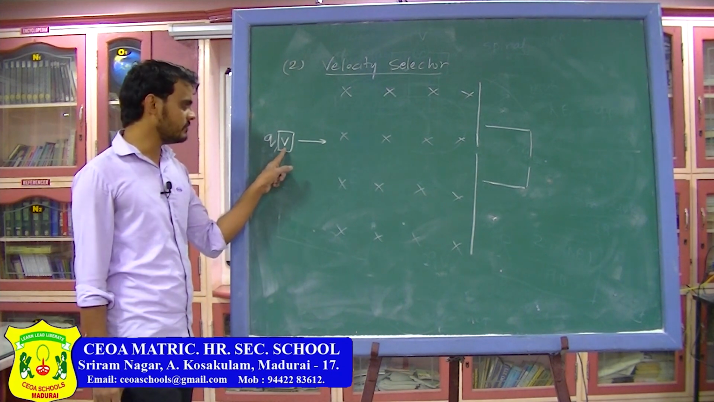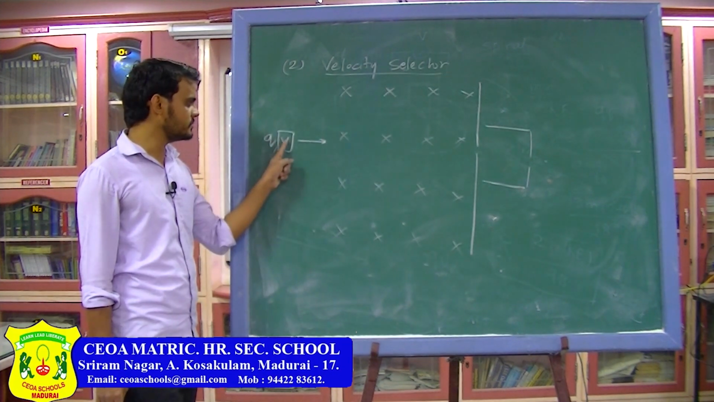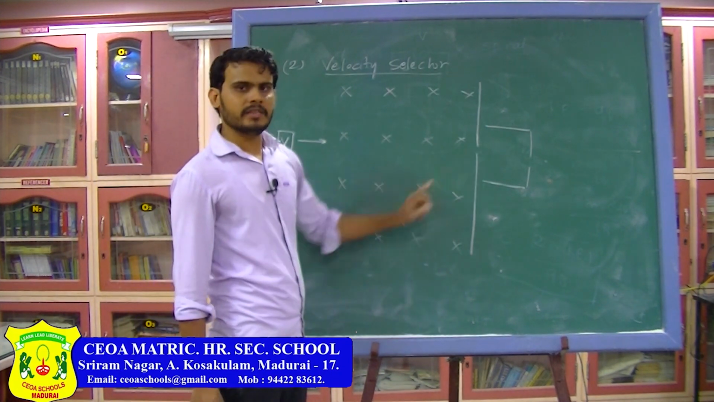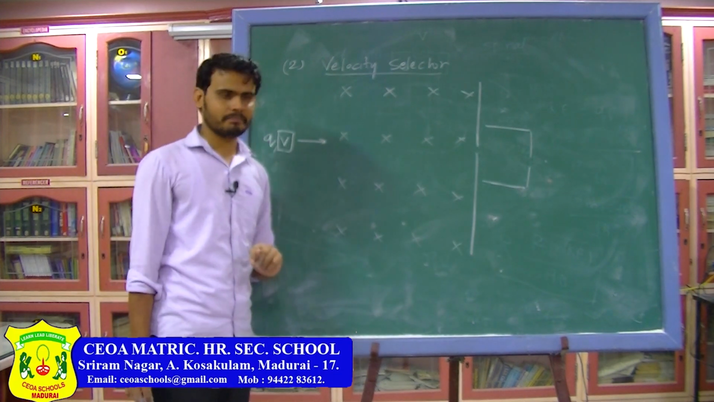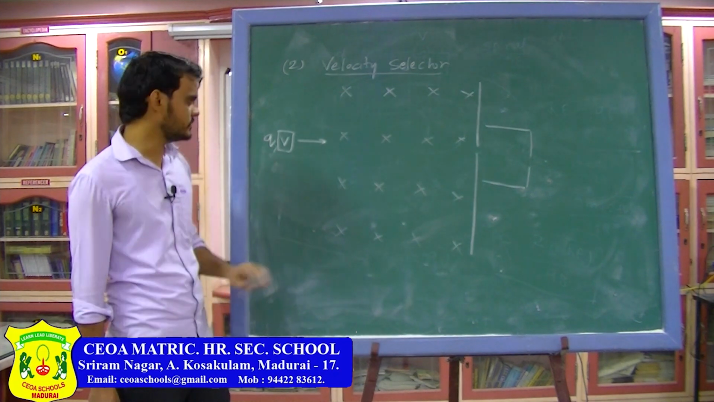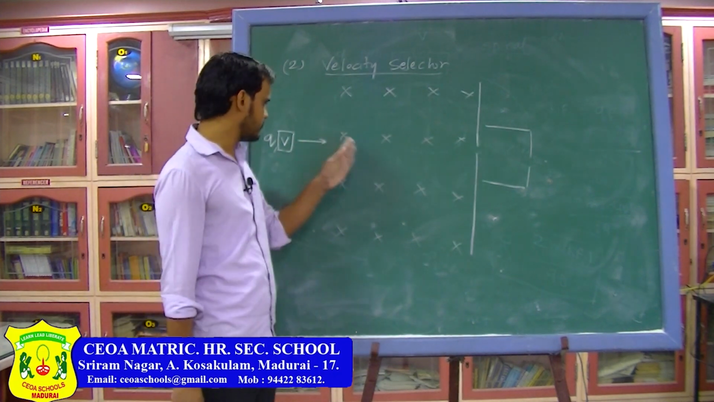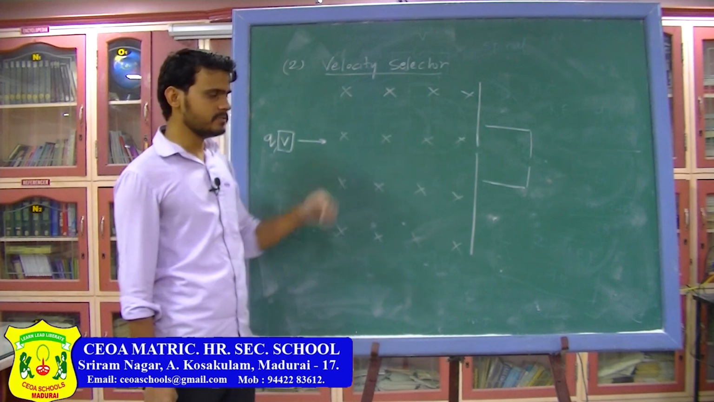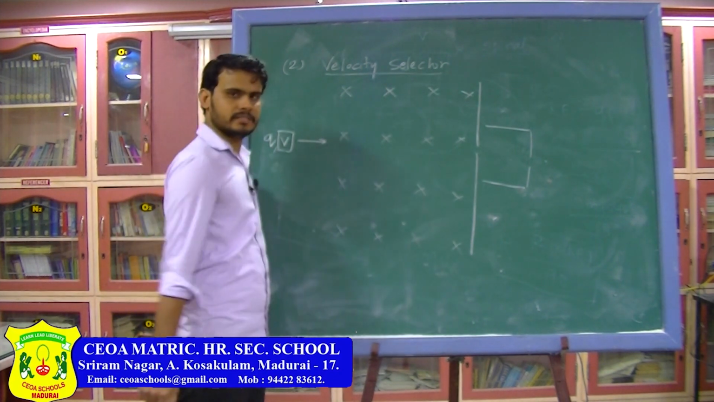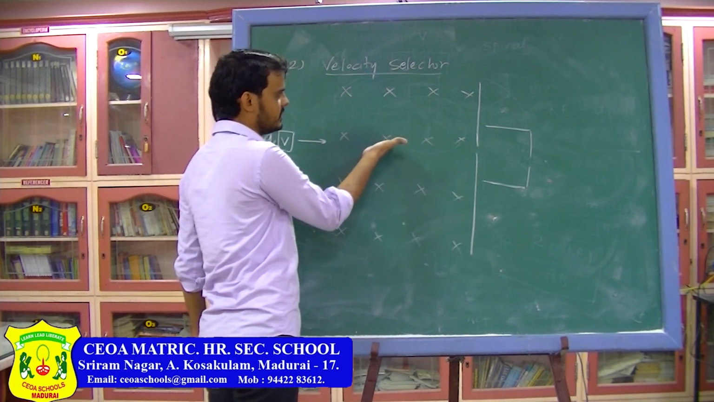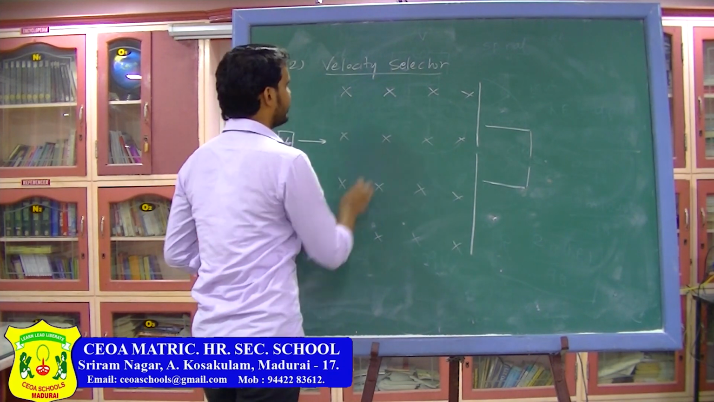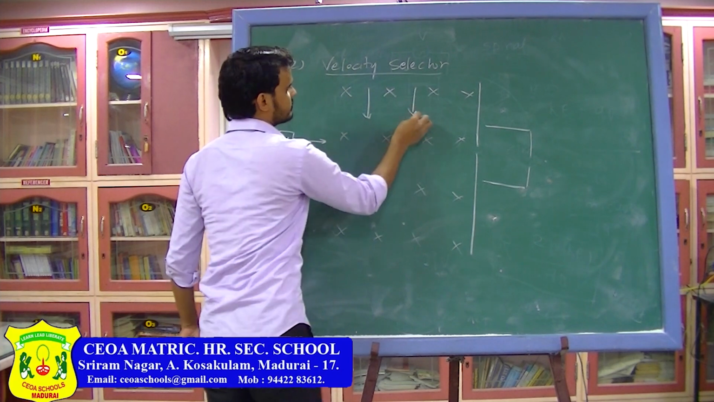Here the velocity of the particle is v, and I want those particles to move on a straight line. This particle will only move in a straight line when the total Lorentz force on it is 0. So, to find the Lorentz force, suppose the velocity of the particle is in this direction, and the magnetic field is in this direction. So I can write V cross B is in the upward direction. So if I apply an electric field which is in the downward direction,